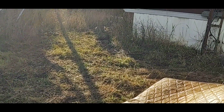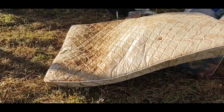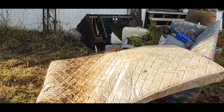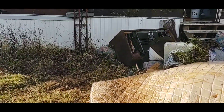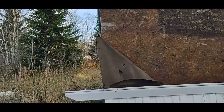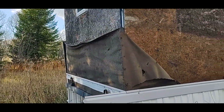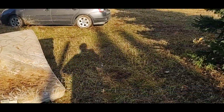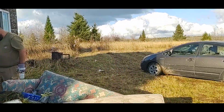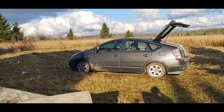Tomorrow we plan on making one more trip to the dump with as much as we can, so I've got this mattress that was in the loft out in the sun, hopefully dry it out a little bit. We have purchased a whole bunch of spray foam and sealant, and we're gonna do what we can with what we've got. We also were able to find a small ladder that fit into the Prius and is expandable,